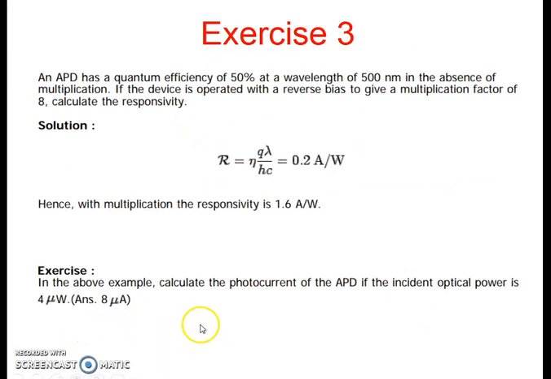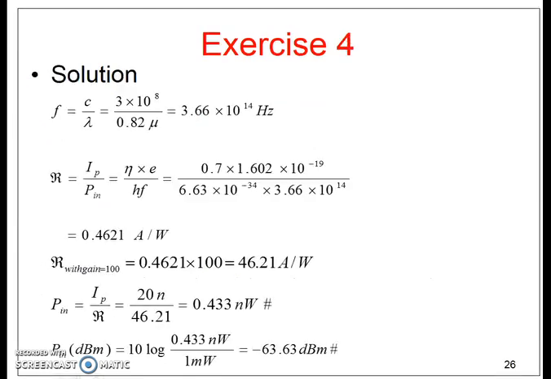Okay, exercise number 3 to exercise number 5 is an example of how we calculate the important parameters of an APD. You need to calculate either the responsivity, quantum efficiency, or the response time. Please look at it and try to solve it. Although the solution is given, try to do it yourself first and then check with the solution. If you have any questions regarding exercise number 3 to exercise number 5, we'll discuss it when we